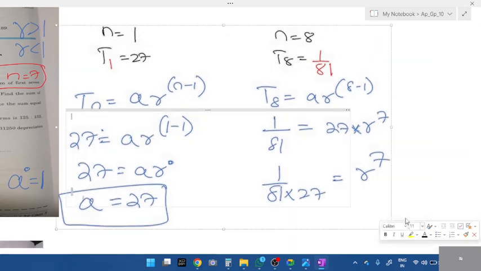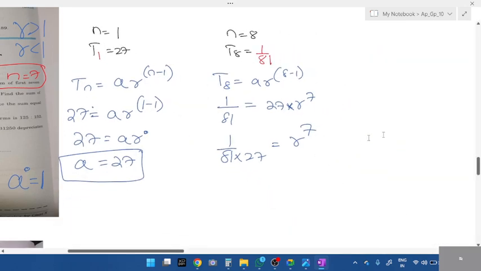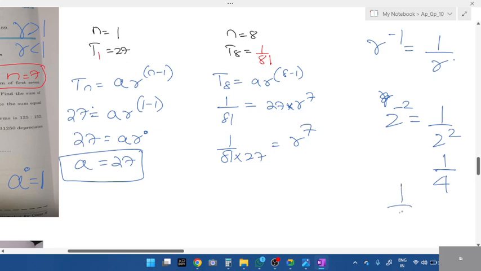All of you will remember the ninth concept, exponents, negative powers. r to the power of minus 1 is equal to what, students? 1 by r. Yes. 2 to the power of minus 2, what's the answer? 1 by 2 square, that is 1 by 4. Now, if 1 by 4 is given, how do you write it in the numerator? 1 by x square, how do you write it in the numerator? That power is positive. If you want to convert into numerator, it should become negative, minus 2. In the same way, this 1 by 81,